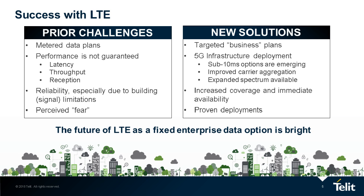So we are also seeing the future from a 5G standpoint. Promises of super low latency, sub 10 milliseconds. If you think about this even 2 or 3 years ago, you probably couldn't even imagine that. But that is something that literally is coming. The improved speeds, up to gigabit type speeds, are literally available to customers today in small markets and capacities. But it's something that is really going to come in full force in the marketplace. So we're really going to have a real high degree of options when it comes to high speeds